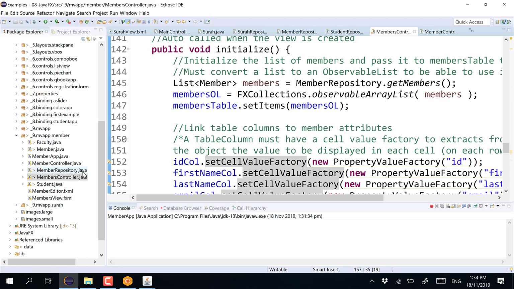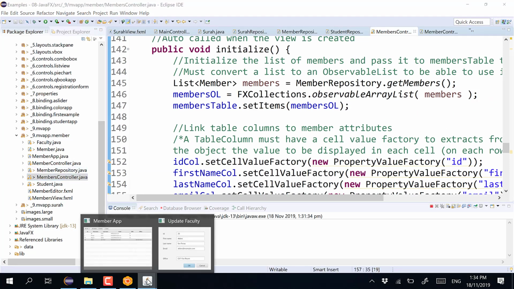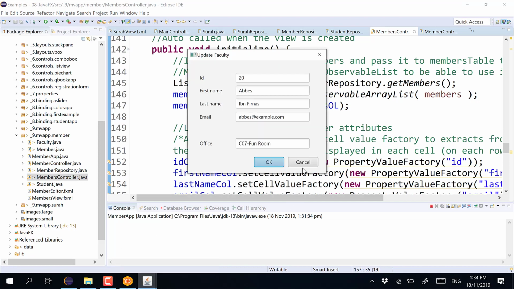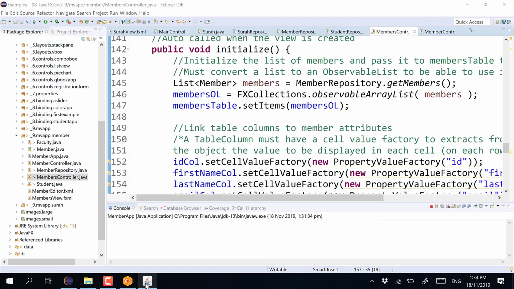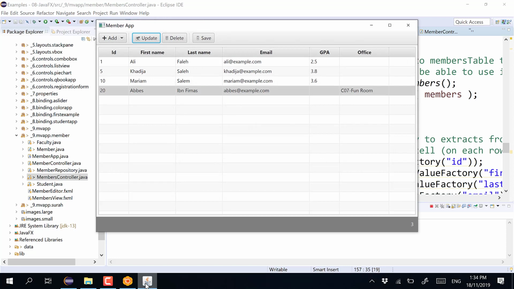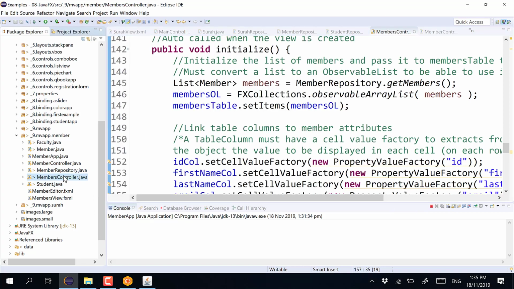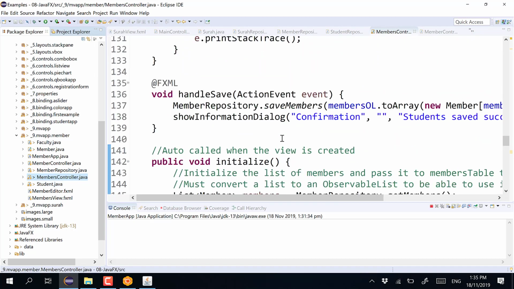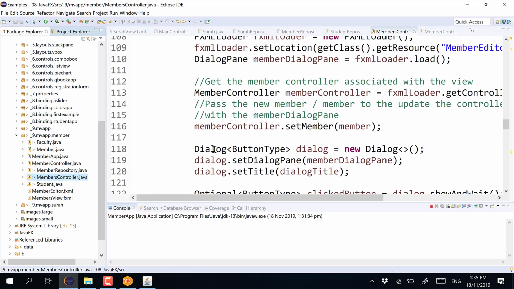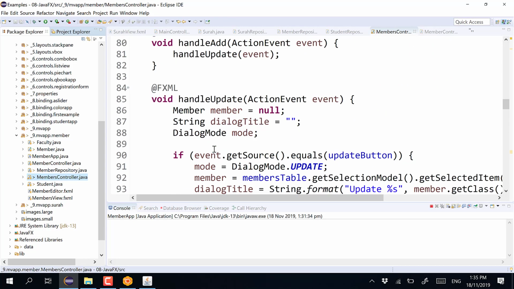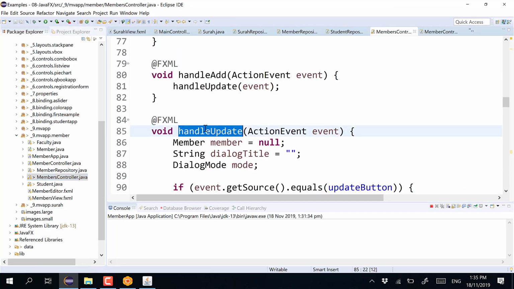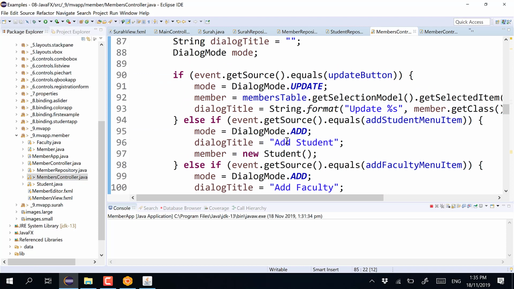Here is the controller for the grid. I mean the controller behind this grid, not grid, I mean behind this table view. Yes, the controller behind the table view. Almost no change from what I explained last time. So what I have here is the update. Remember the update? So in the update,